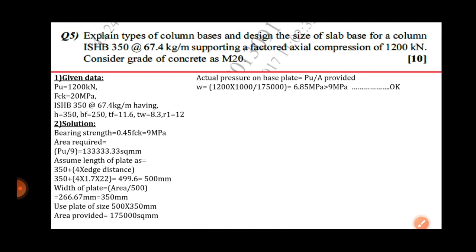Now we have to calculate the actual pressure on the base plate, which is equal to Pu divided by area provided, which is equal to 6.85 N/mm square, and this pressure, that is the actual pressure on the base plate, should be greater